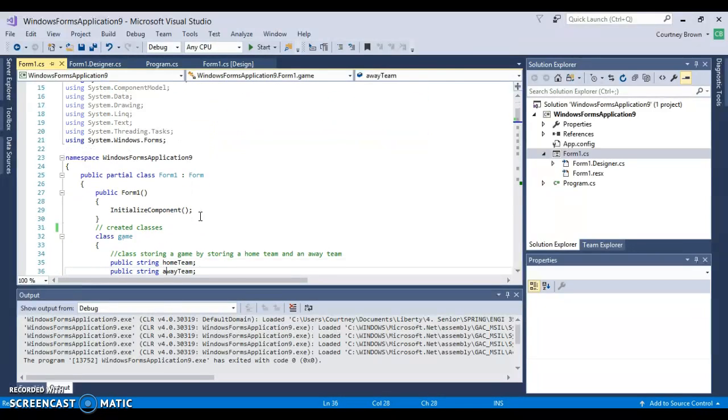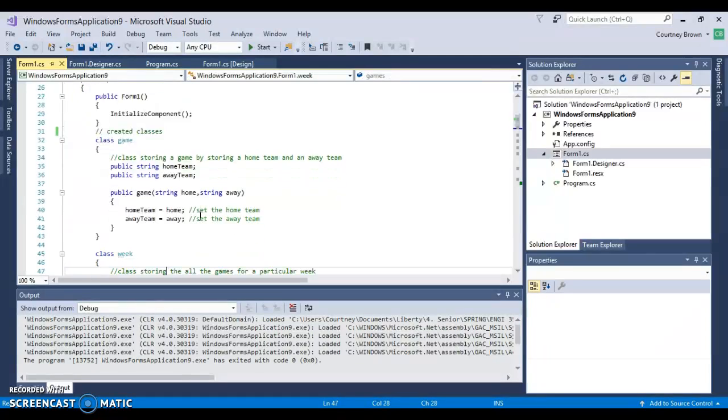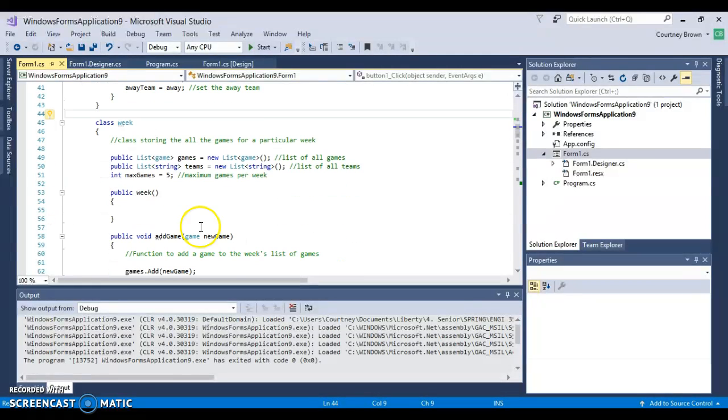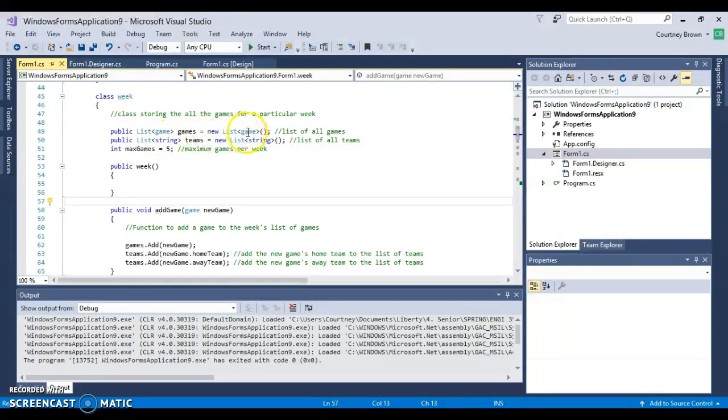But what I did is that I created classes. First, I created a game class used to store a home team or an away team, which you can see right here. And then I created another class called week, which is used to store all of the games for a particular week. So it lists all of the games and it also lists all of the teams with a maximum of 5 games per week. And then